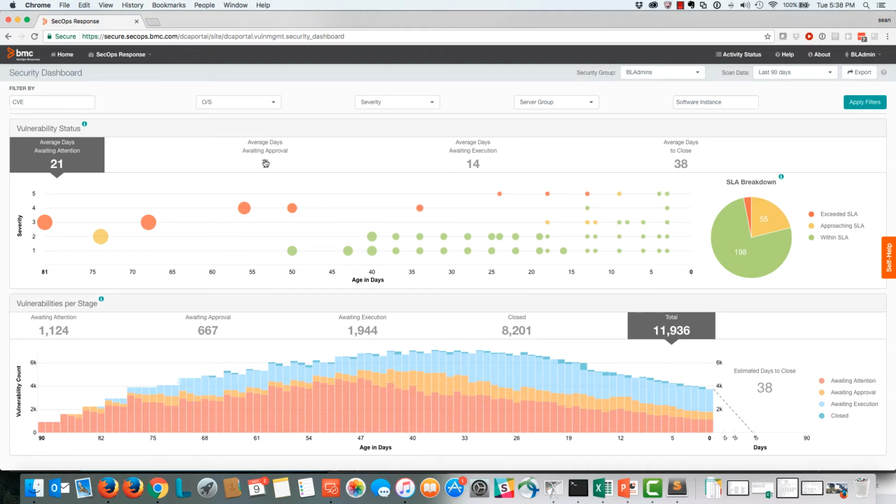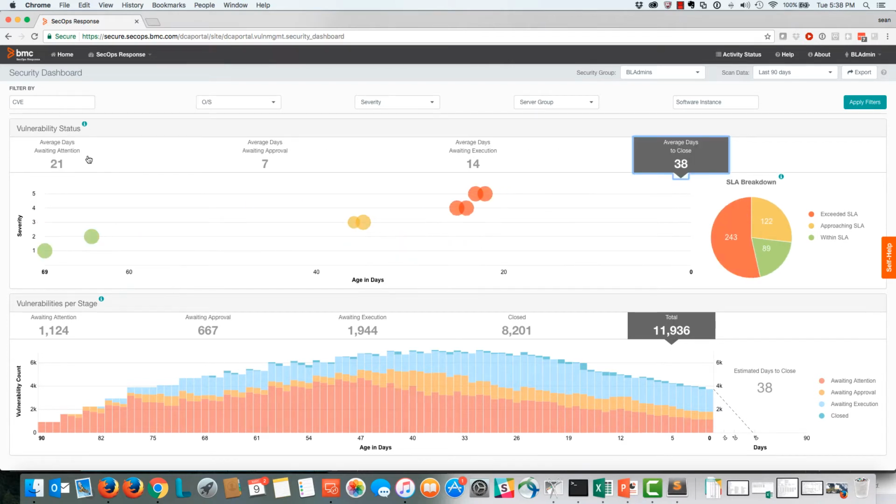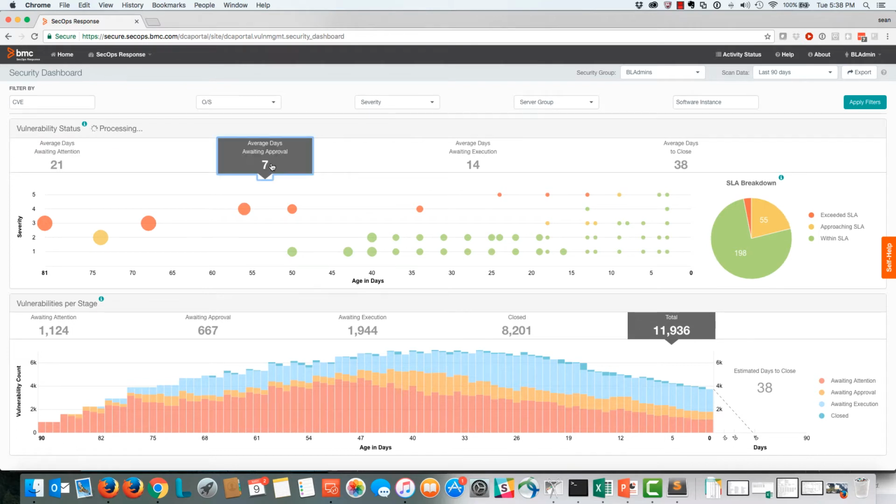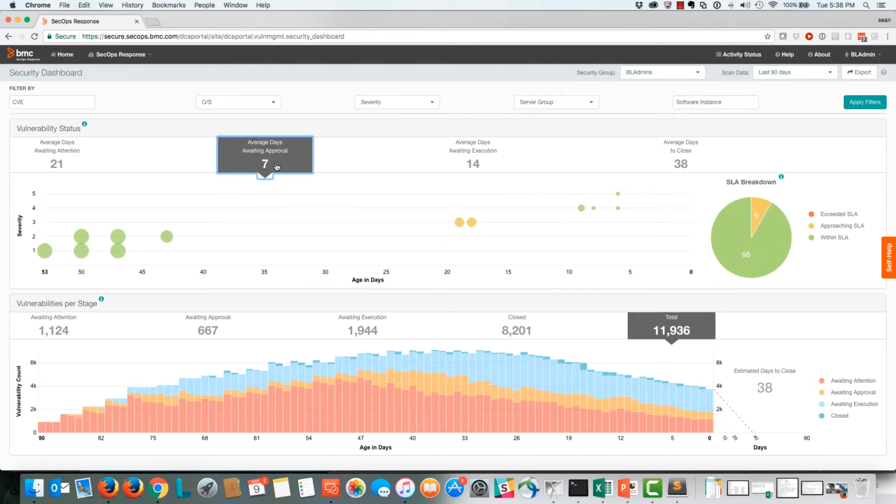I also have the average number of days for a vulnerability to get scheduled, approved, executed, and the average number of days to close. On average, as we can see here, it takes us about 21 days to close once a vulnerability comes in. As we know, our IT operations group is pretty busy. Once they identify a vulnerability and decide they want to do something about it, it usually takes about 7 days to